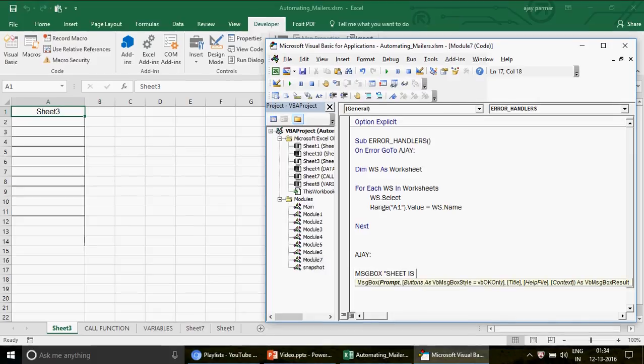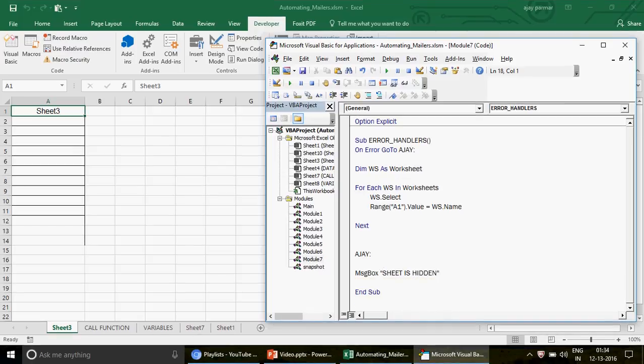So now what we want to do, for example, is simply write here a message box and say that the sheet is hidden. Let's say I say this sheet is hidden, and now I run this code. You see what will happen. First we are on the sheet which is sheet 3, and then the next sheet is going to be selected, and you see that we could not select that